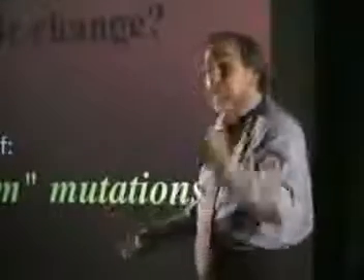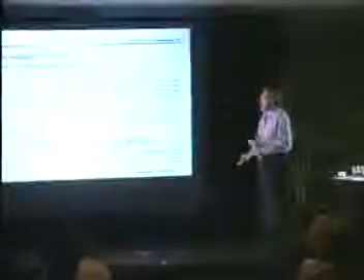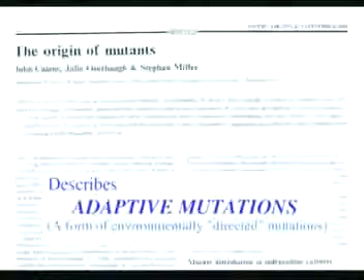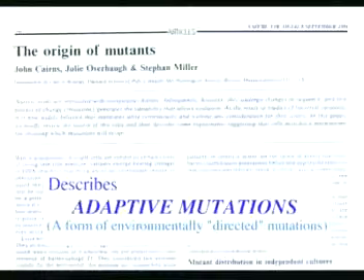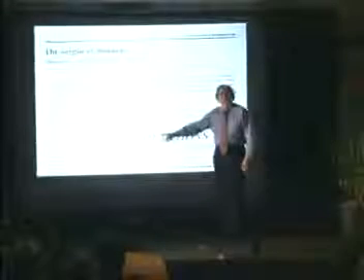That's conventional belief. Except in 1988, this paper comes out in Nature by a man called John Cairns, and it changes the entire foundation of biology that we've ever held for the following reason. He tells us about a new kind of mutation called an adaptive mutation. The point about this mutation? That the genes are not changing randomly, but the environment is controlling the mutation. So that you're always adjusting your genes to